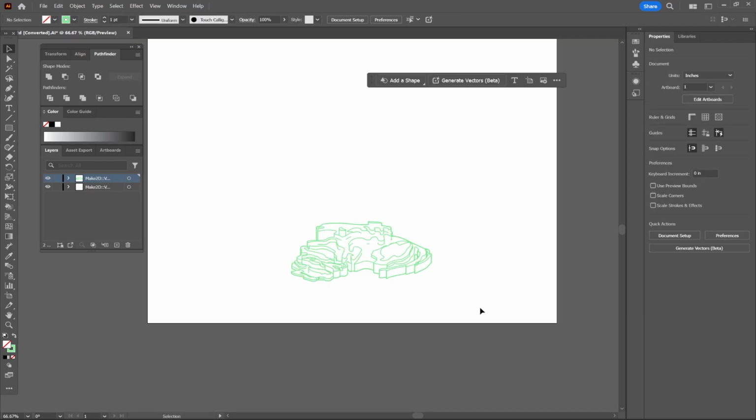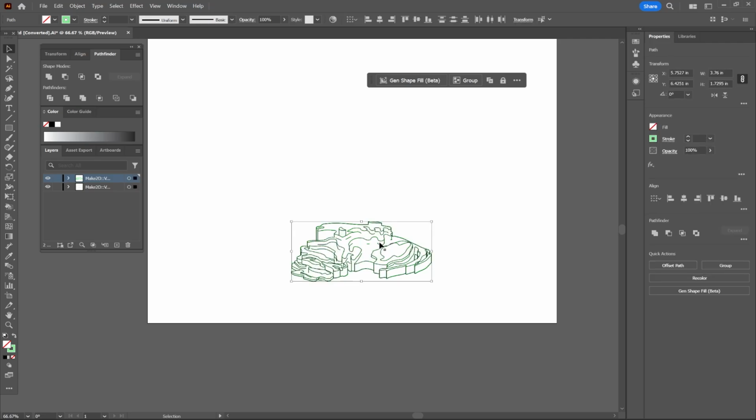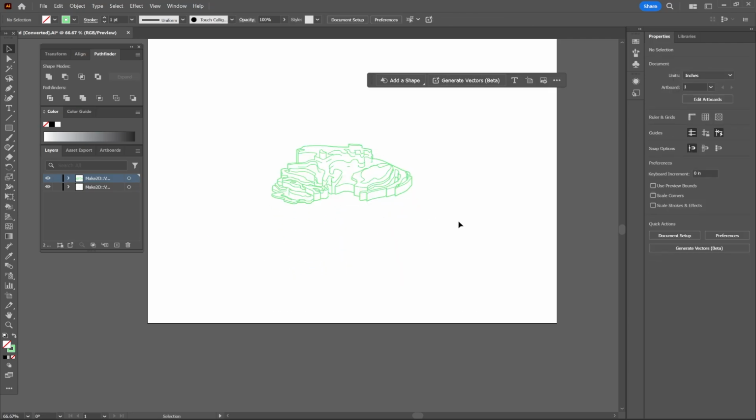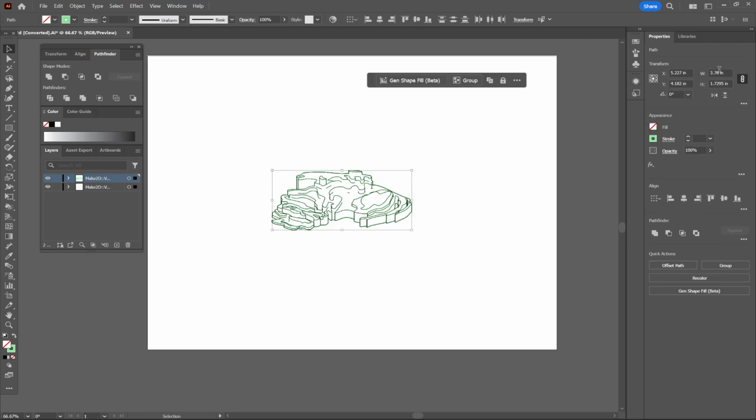Now I've changed my paper size, and I want to make my drawing a little bit bigger. I'm going to select all of it by clicking down on the left and dragging. Now I've selected it all. Just like how we changed the artboard size, I'm going to go over here and change the size of my model. But I'm going to make sure that my constraints are locked, that way it doesn't distort the size and proportions of my model.